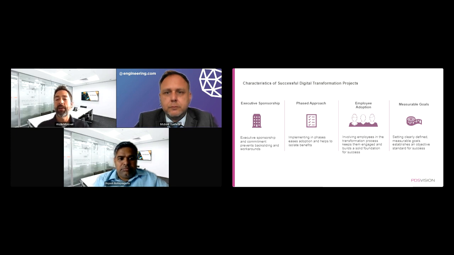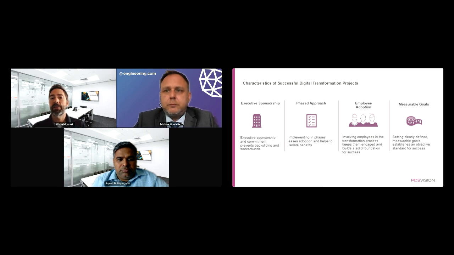So being able to say, okay, we're doing this piece of it. We expect to get this benefit. You're going to make this change that's a little bit easier to adjust to. And then once you do that, you can go back and look at, okay, here's the benefits we got from that. And now that starts to build some belief in the process so that you can move on to the next thing. And both of those, we've talked about it a couple times, lead